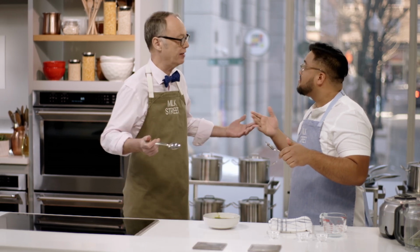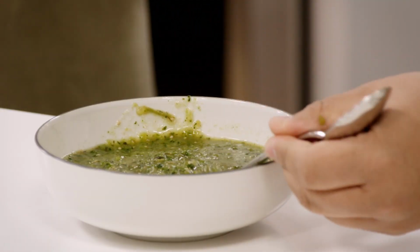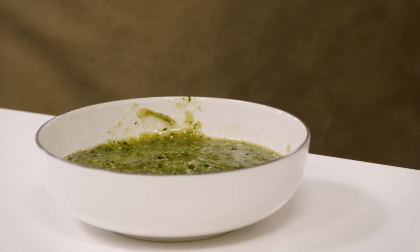The cumin really comes through. That's really good. It's bright. It's not too hot either. Not too hot. This is quite good. So you just had a whole Serrano chili. I'm proud of you. Now, you could certainly serve this on top of your Tlayudas, but you could also serve